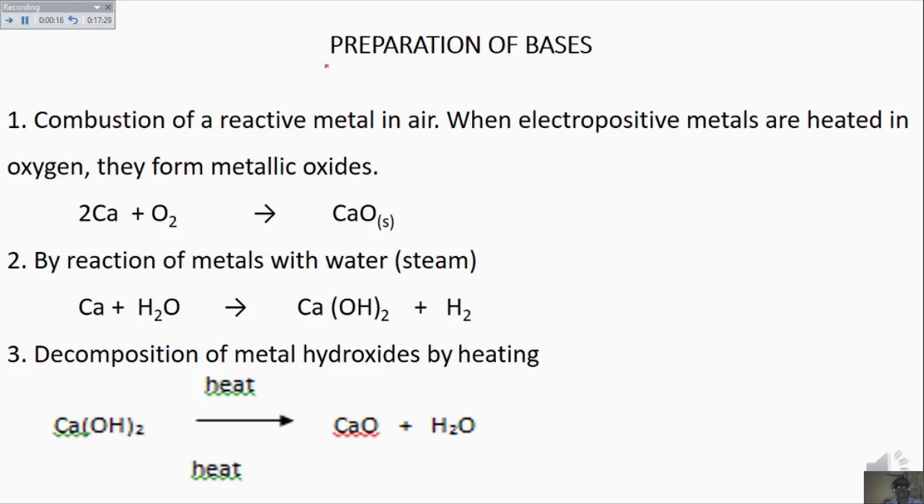This morning we are going to talk about preparation of base. How can we prepare base in the lab? The first method is combustion of reactive metals in air. Now when electropositive metals, e.g. calcium, copper, nitrogen,